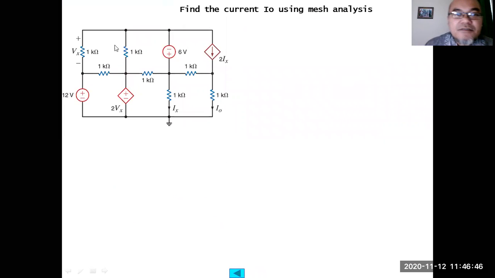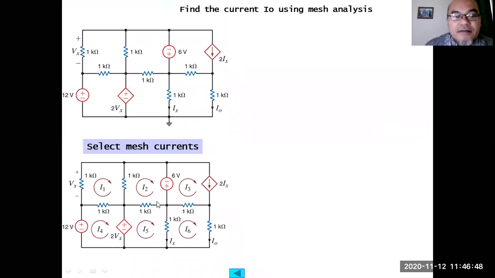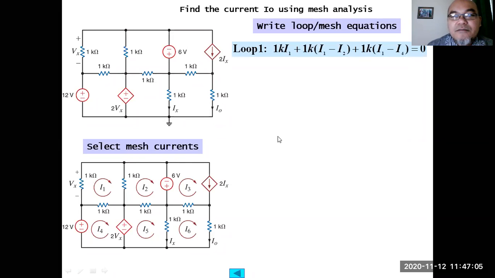Then this is if you use mesh analysis. Select the mesh currents like this, which is easier. Do we have a current source which is shared by two meshes? No, we don't have, so it is okay. We don't need to choose a loop current which is engulfing other mesh currents or loop currents. So loop one,